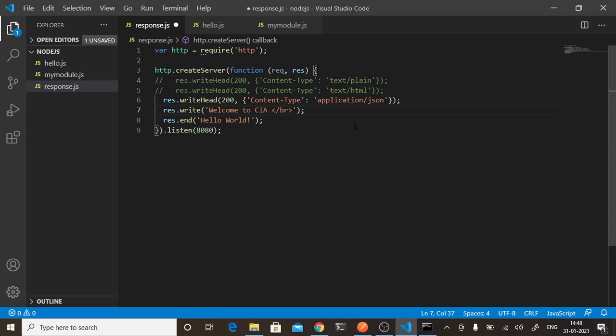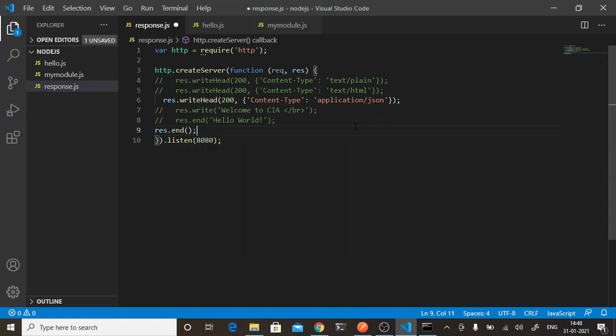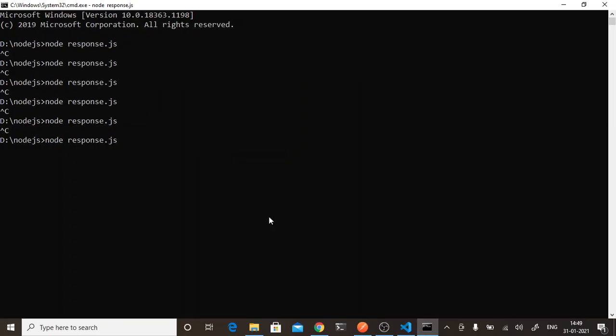I cannot give a plain text response now. So in response.end I will give a JSON. This is the format for JSON, key value pair. So I will pass a name, and let's run our file again.